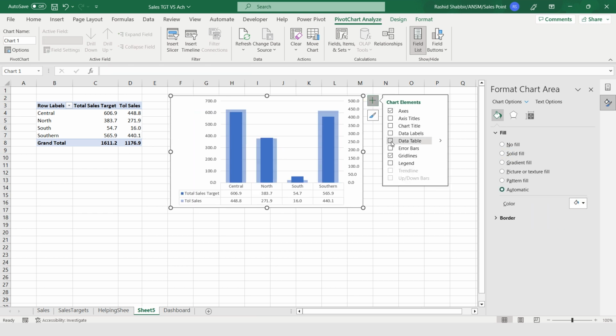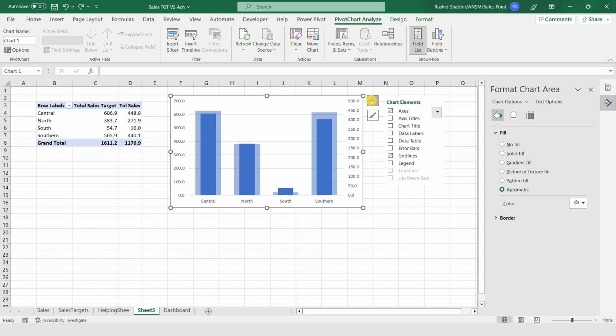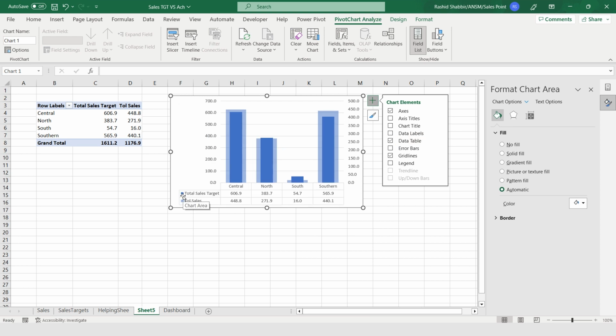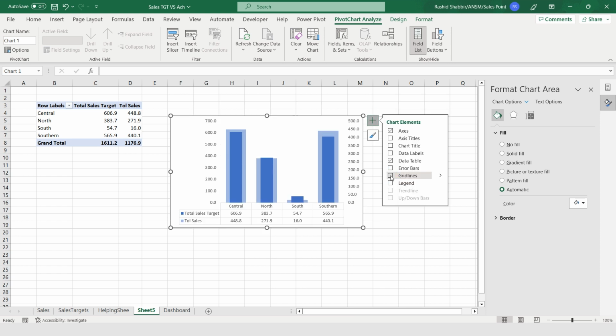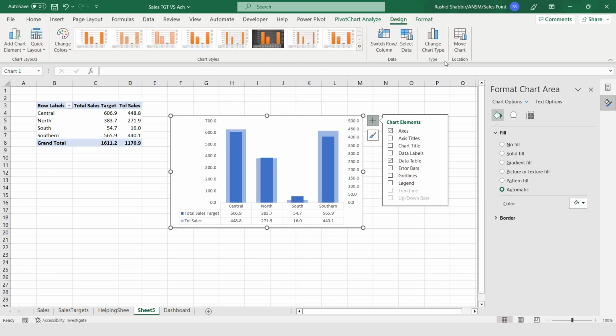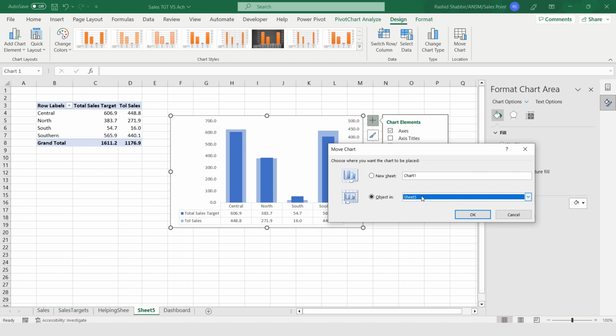Now select the data table format. This is our total sales target, and this is our total sales. So now I'm adding a data table in it. Basically this dark blue color shows sales target, and the light blue color shows the sales. Remove my grid line, going to design, move chart to dashboard.